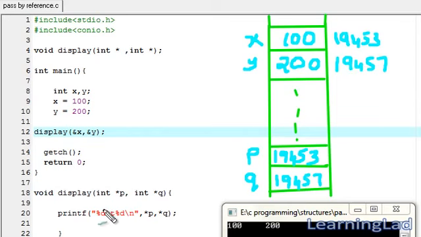So when we called this display function and passed the addresses of the variables x and y, this p and q were containing the addresses of x and y. So p was containing 19453, that's the address of x, and q was containing the address of y, that was 19457. So when we printed the values using the printf function, star p was indicating the value stored at the location